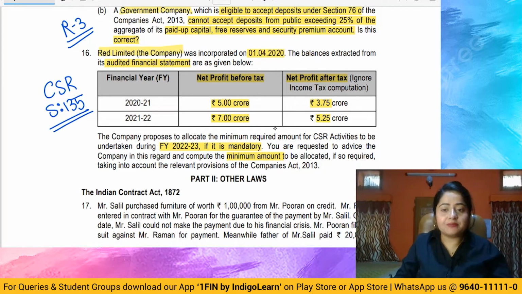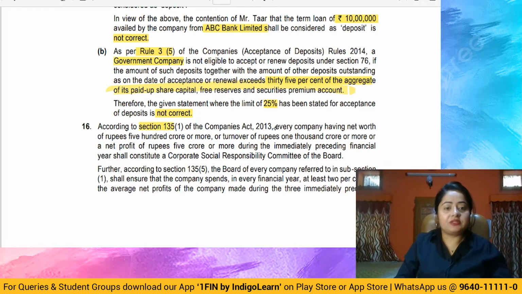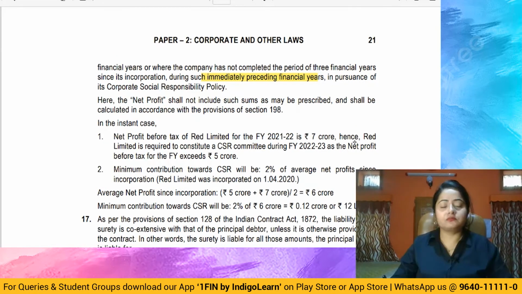First, you have to check whether this company has to do CSR or not. And secondly, we will have to check what is the minimum amount that the company will have to spare if they have to do CSR. So now section number 135, it says that for any company, if in the preceding financial year, the net worth is 500 crore rupees or more, or the turnover is 1000 crore rupees or more, or the net profit is 5 crore rupees or more in the preceding financial year, then CSR is compulsory for such a company. In such a case, 2% of the average net profits of the preceding 3 years will have to be taken by the company. Now, this 2% amount will be spent by the company on CSR.